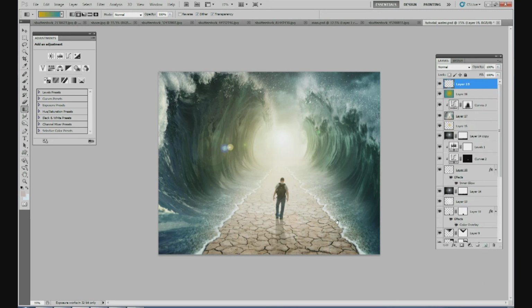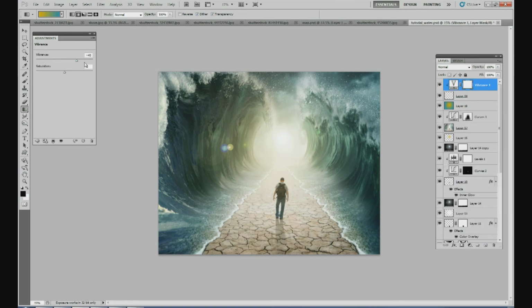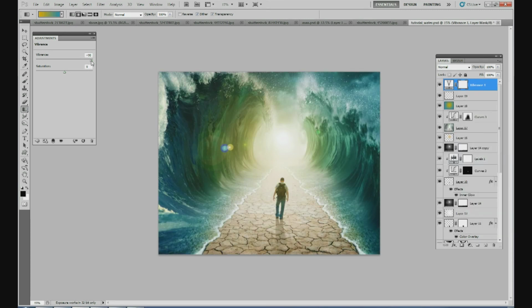And now I think I want to add a new adjustment layer for Vibrance. I'm going to go to Vibrance and bring that Vibrance up. Bring it up pretty high. Maybe bring the saturation up just a little bit. And the more I look at this, I don't like that yellowish color, that greenish color in the water, and